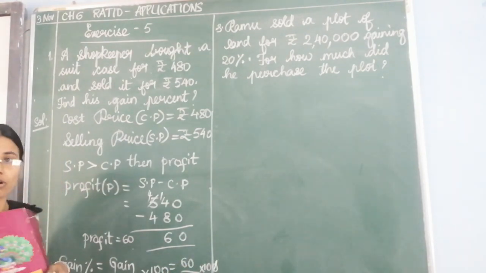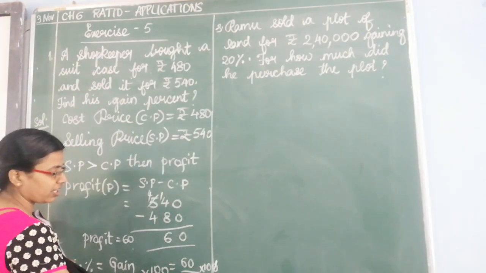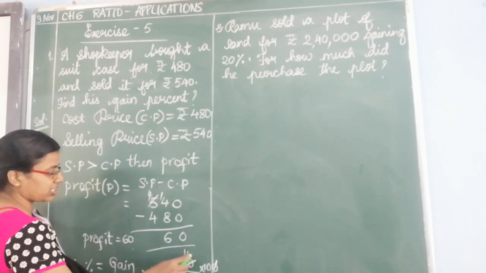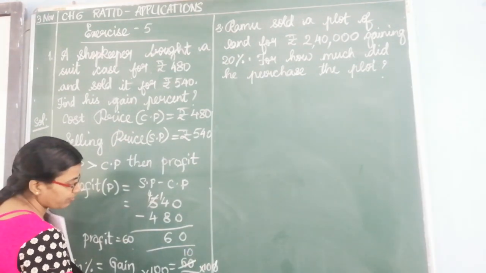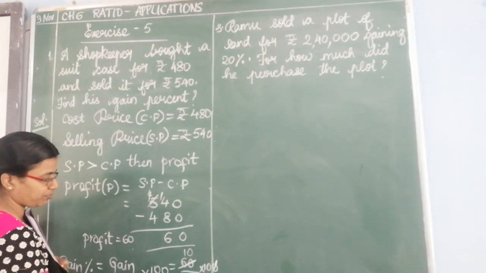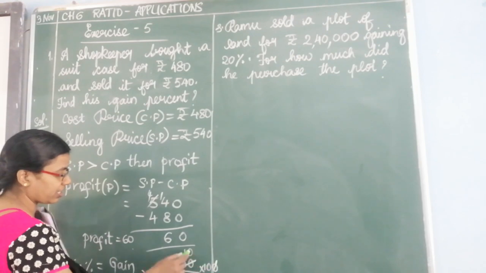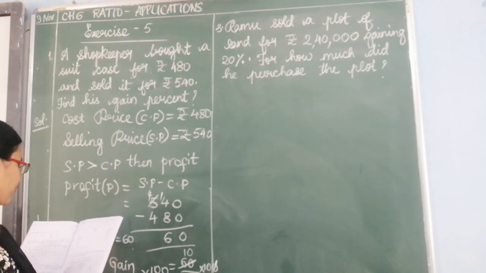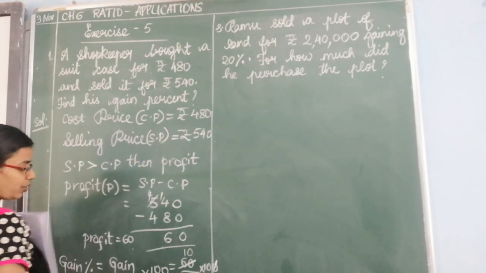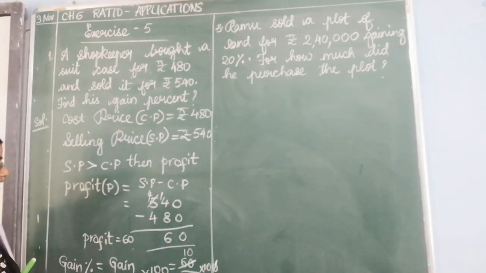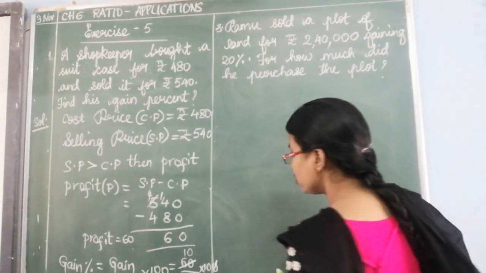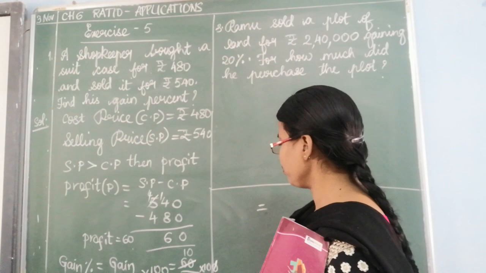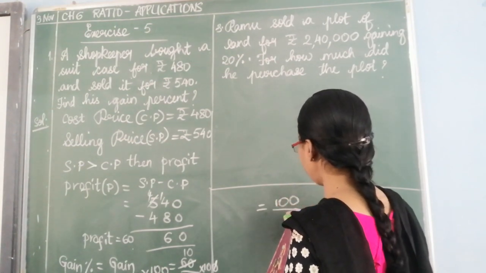Now cancel. 0 and 0 get cancelled. Now here let's try to cancel this using the 6 table. 6 tens are 60, 6 eights are 48. So 8 times. Now the 8 table: this is 100, 10 tens are 100. 100 divided by 8 you have here. So this we are going to divide and write as a mixed fraction. I don't have space, so I am writing here. So this is equal to 100 divided by 8.